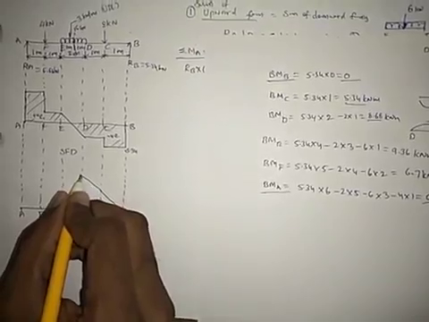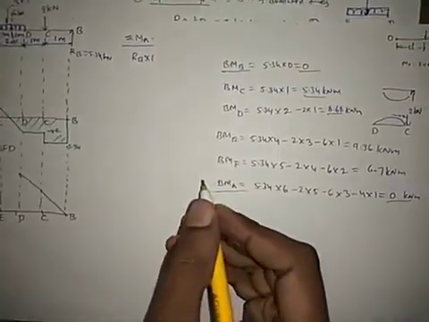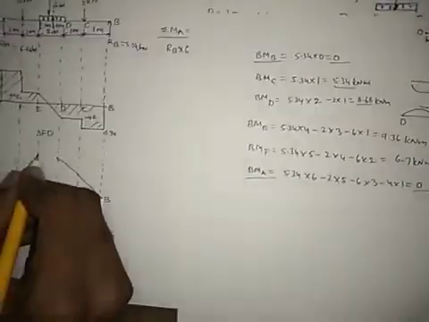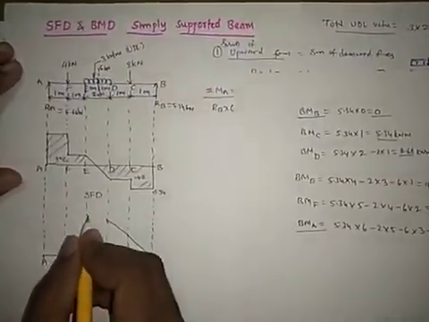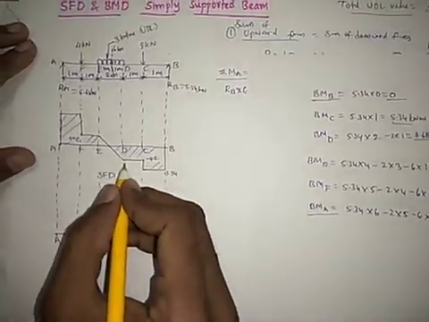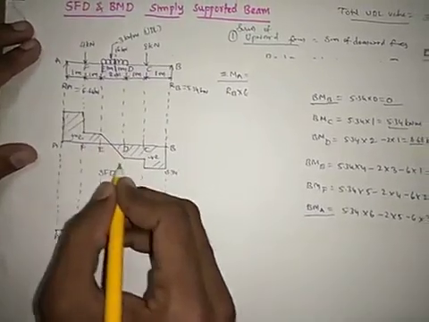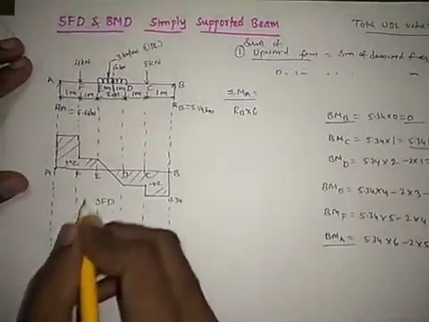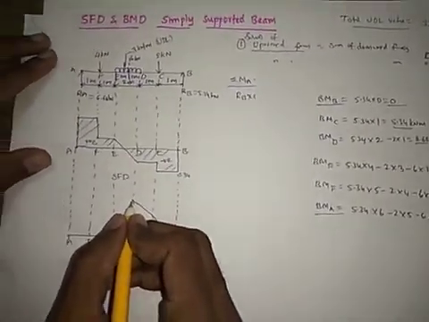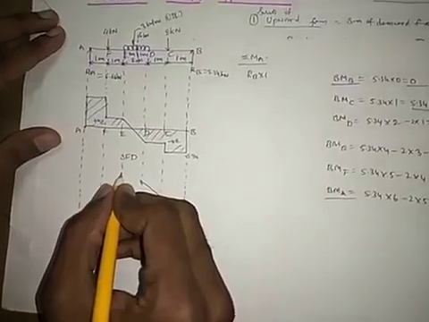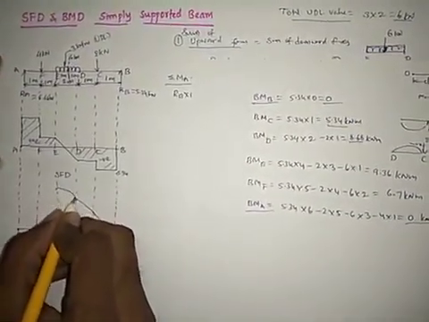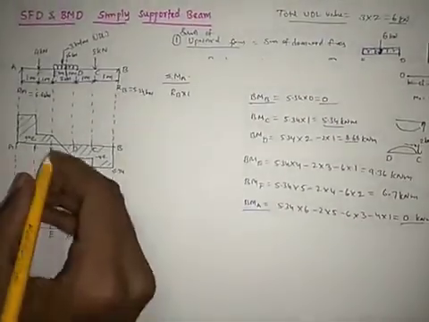So this will indicate 8.68, and from 8.68 to 9.36, that is the value 9.36, above this at E. But here D to E is an inclined line, so if between 2 points the shear force diagram is an inclined line, you have to draw a parabolic curve between those same 2 points. So it is 8.68 here, and 9.36 approximately here, the nearer value, and just indicate with a parabolic line like this.